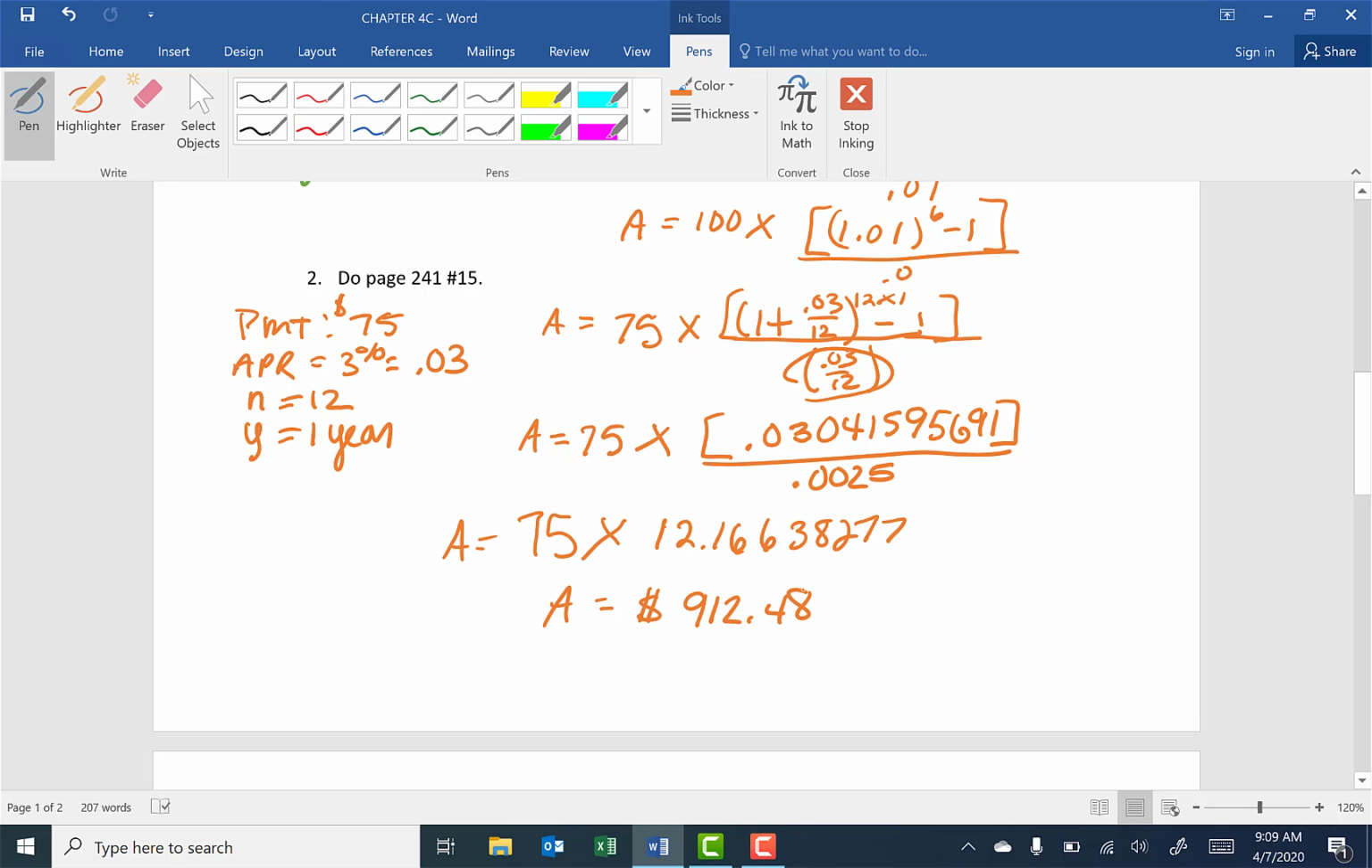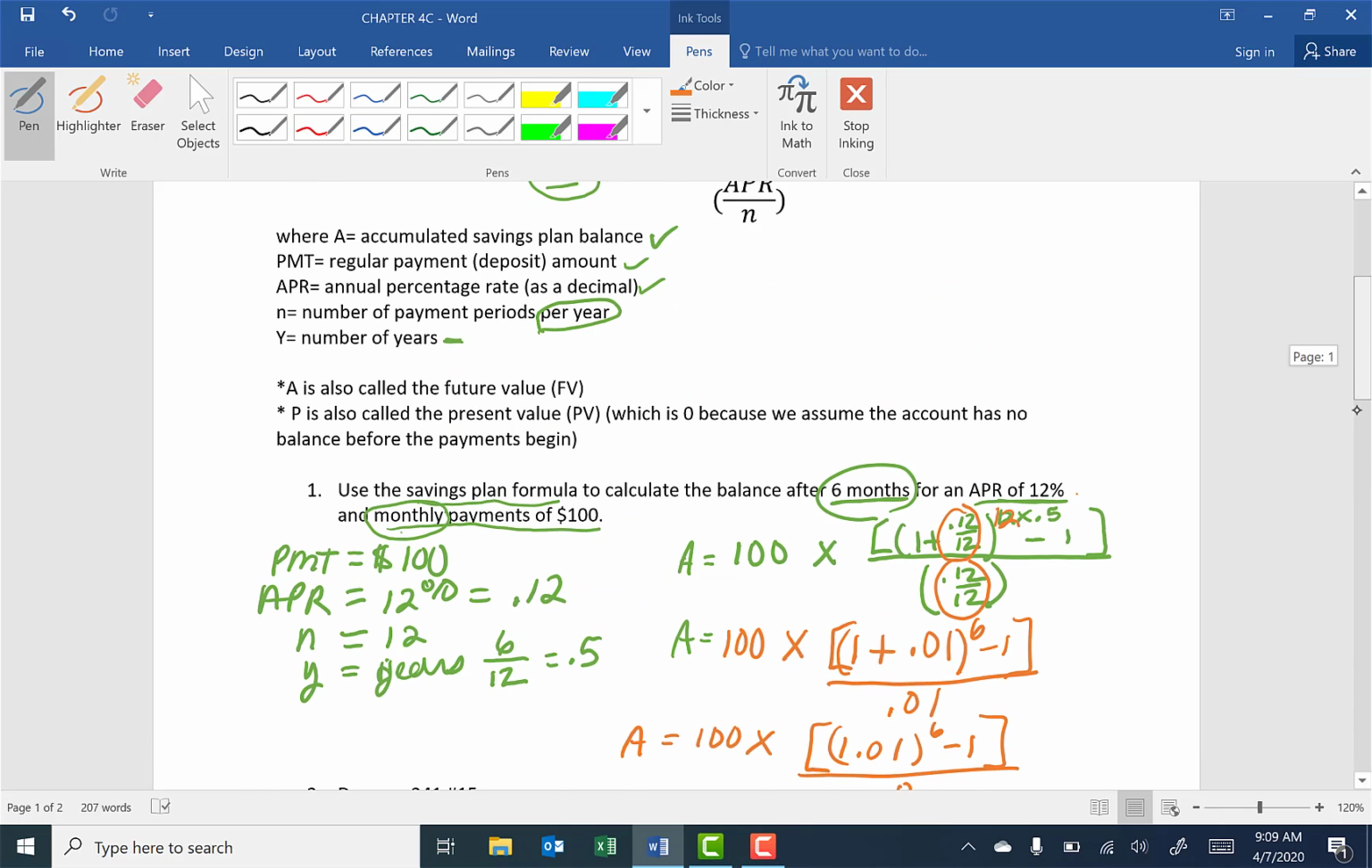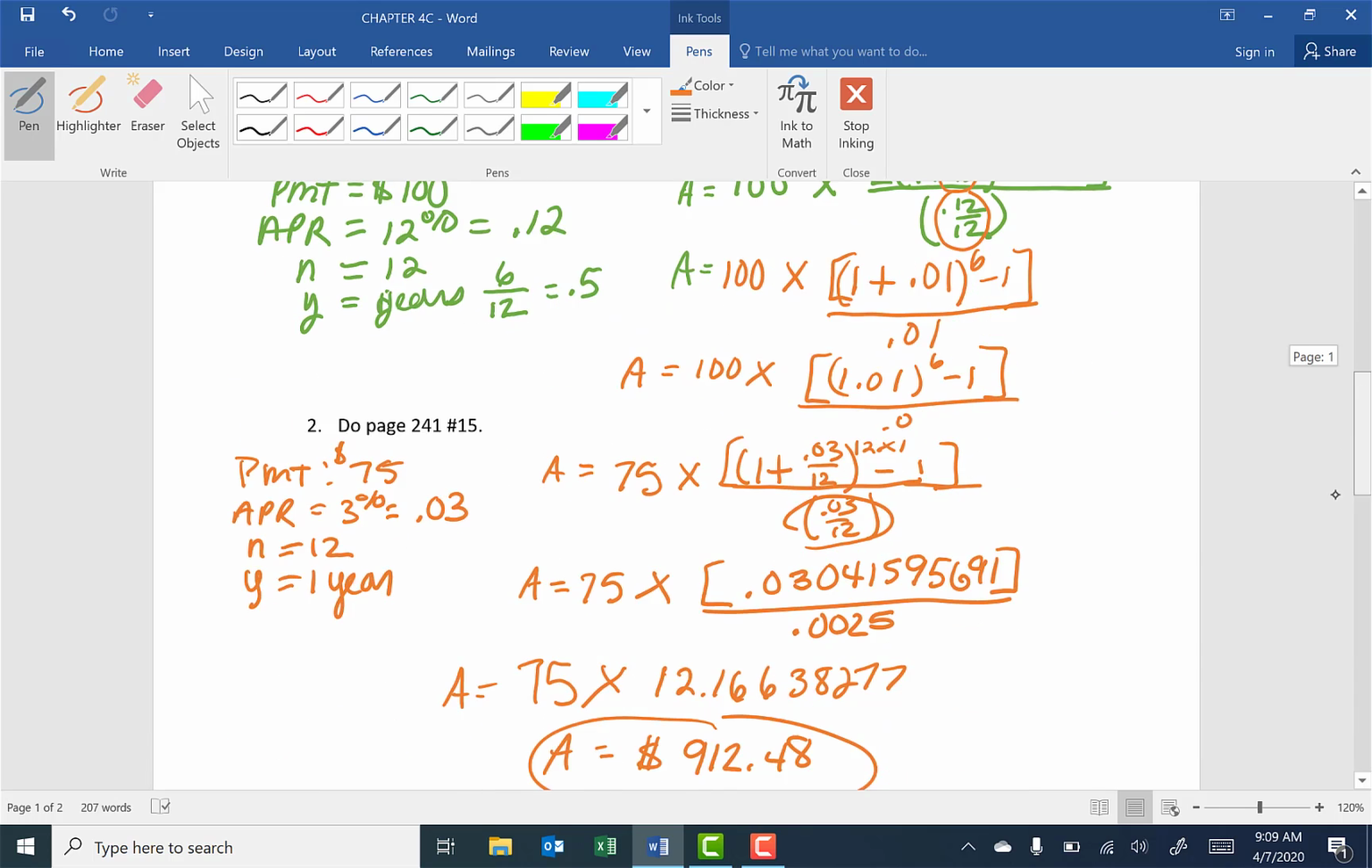Our final answer is $912.48. That is how much money you would have at the end of 1 year if you're depositing $75 a month at 3% annual interest. You will have $912.48. Okay, now if you continue on here with our problems in the outline,